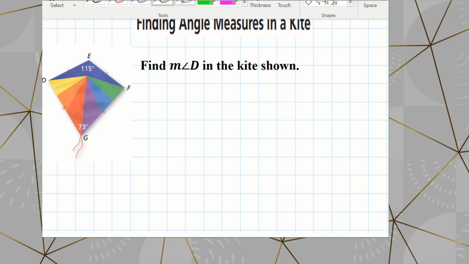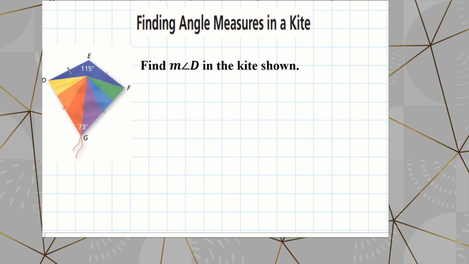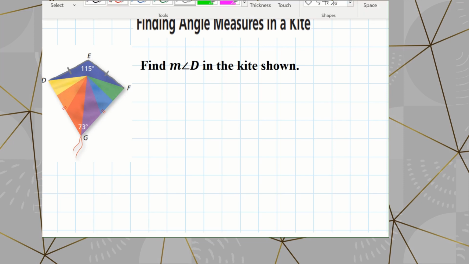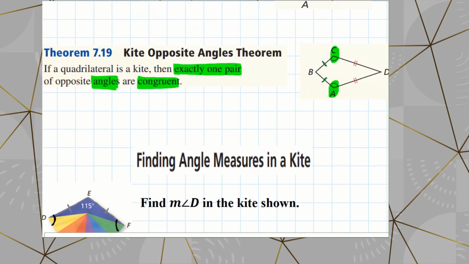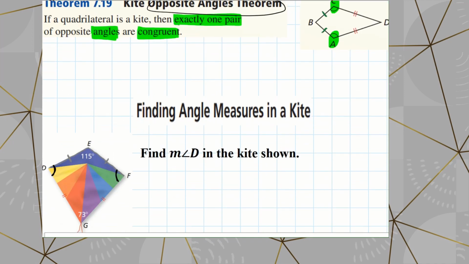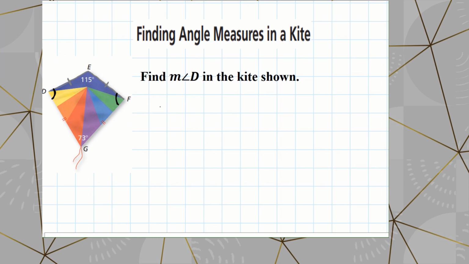So using those theorems, we're going to be able to find some measurements of some angles and some measurements of some sides for a kite. In this particular example, we're going to look for the measurement of one of the angles on this kite. To do that, we're going to use some other theorems. We have a quadrilateral. A kite has four sides, so it's a quadrilateral. That means we're going to be using the fact that a quadrilateral has a sum of interior angles that's 360. So I'm going to go ahead and create an equation